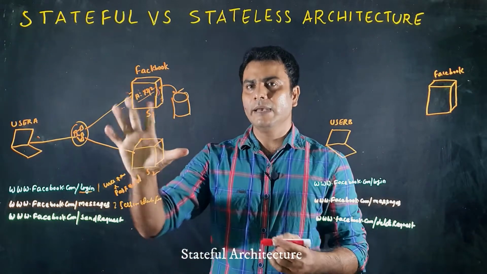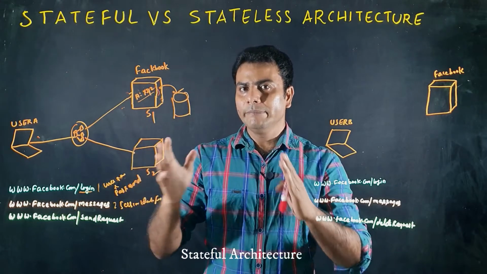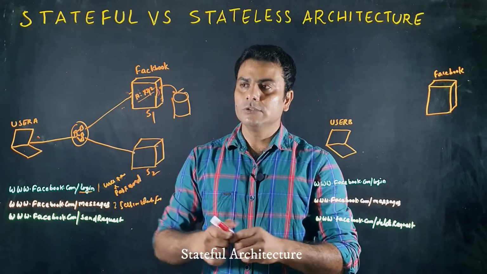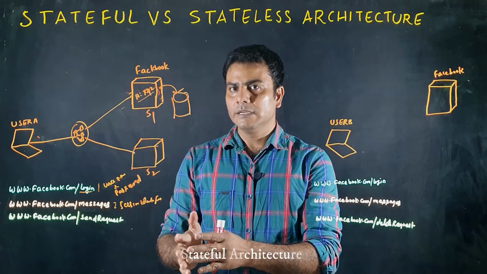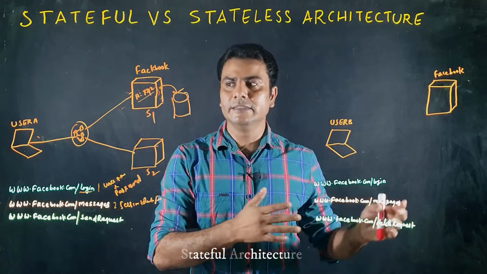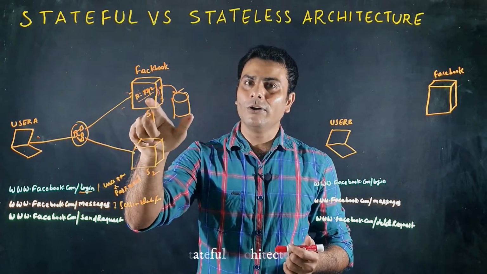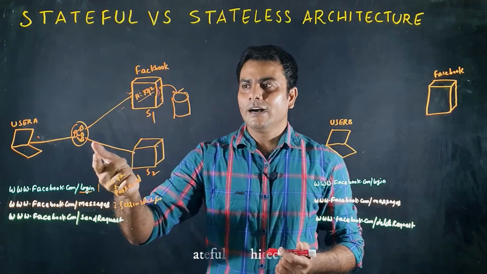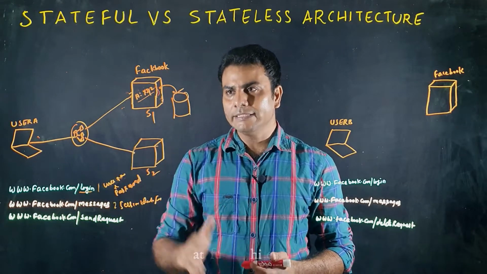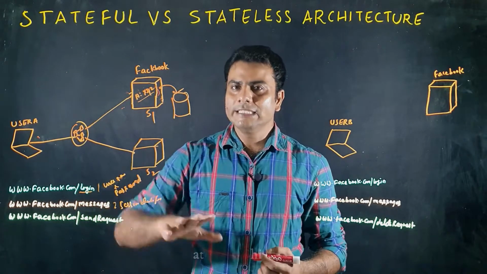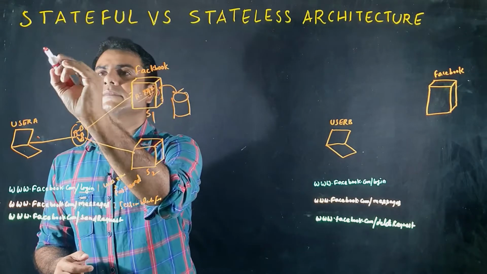This is a very simple example where we have only one or two servers. But just imagine in the real world, when Facebook has multiple web servers and users in the millions or billions. The load balancer can distribute the load to any of the servers, but session data is created on a specific server. So the load balancer can redirect subsequent requests to another server, and the user will face login again and again for each and every request. So this is not recommended if you want to scale your application horizontally.